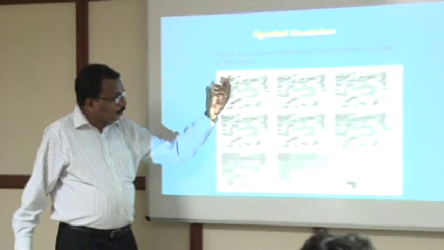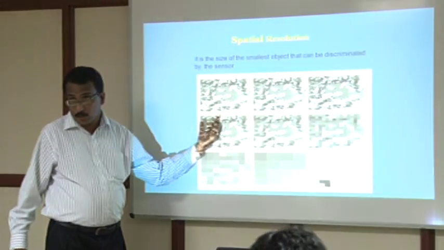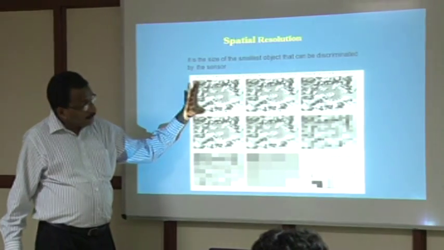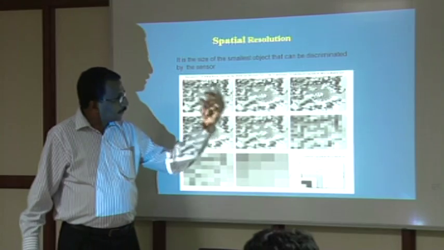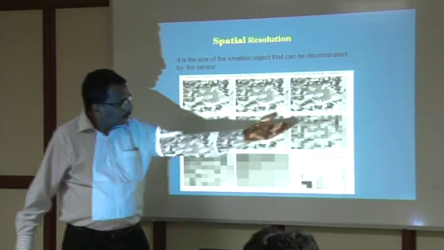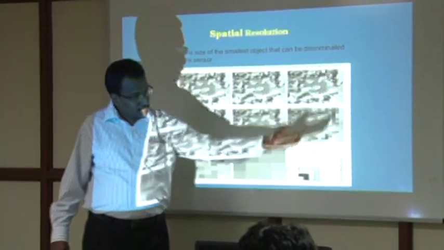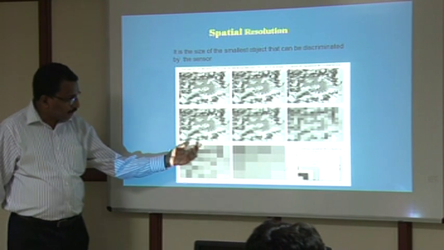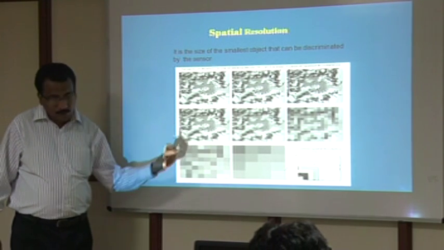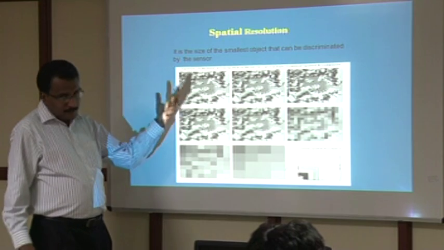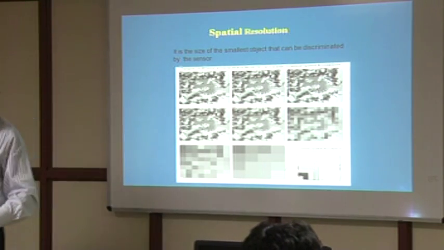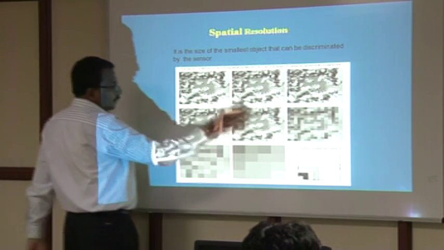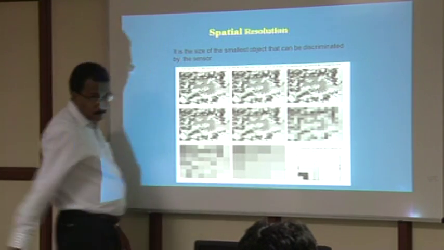This is 0.5 by 0.5 meter resolution. You can clearly see the objects. Whereas 1 by 1 is a little reduced, and 2.5 by 2.5 again, and 5 by 5, that is, the resolution is 5 meters. That is again reduced. Then this is 10 meters. So these objects are not seen here, and here also it is not visible.